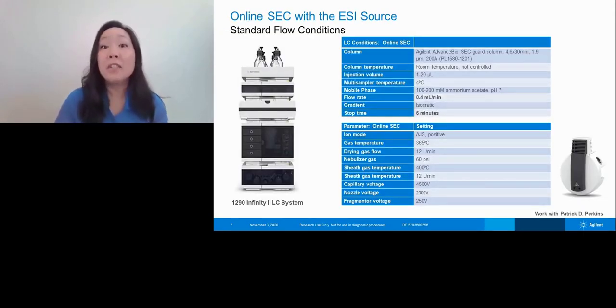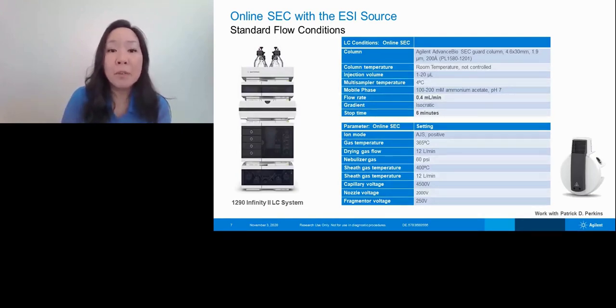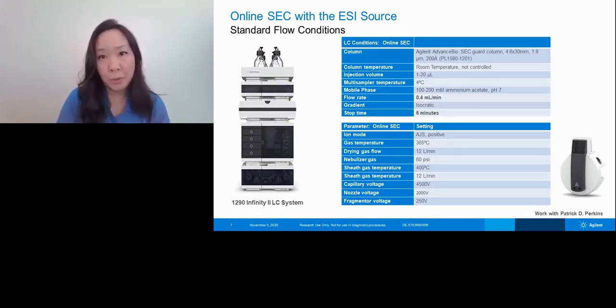So these are the analytical conditions that we use for the Agilent JetStream source. For those who are not familiar with the Agilent JetStream source, this is basically what it looks like. On our mass specs, all our sources are interchangeable with each other. So whether you have a TOF, QTOF, or a triple quad, those sources are all interchangeable between each of those